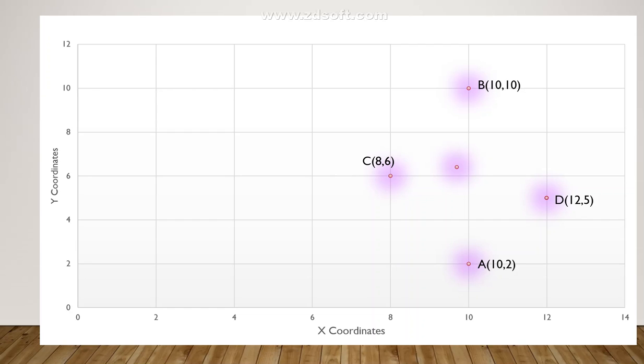So these are the 4 different locations we have, and we have arrived at the center of gravity at x coordinate 9.7 and y coordinate 6.4. So this is the location where, if we plant our warehouse, we can distribute among all these 4 areas with minimum transportation cost. So this is how we can arrive, and we can use this method in order to select a single location which serves the purpose of distributing a product among multiple areas.